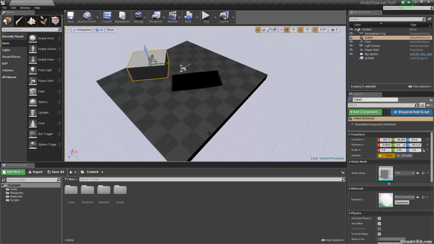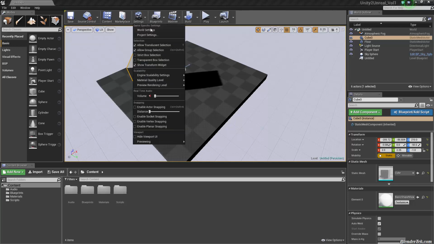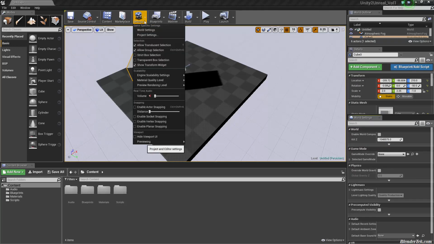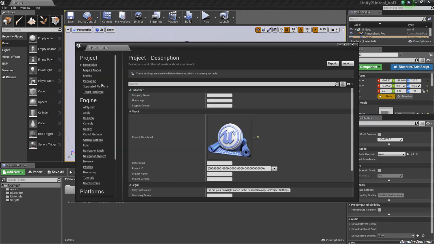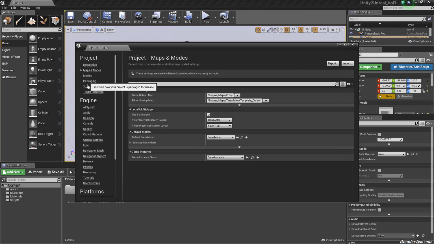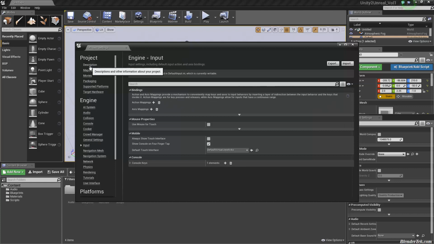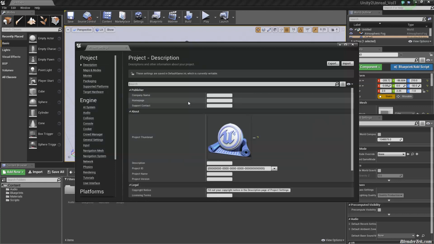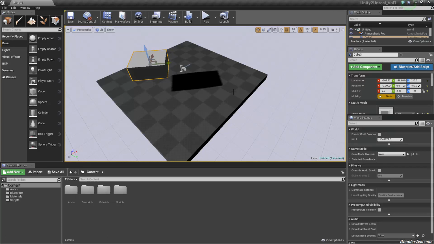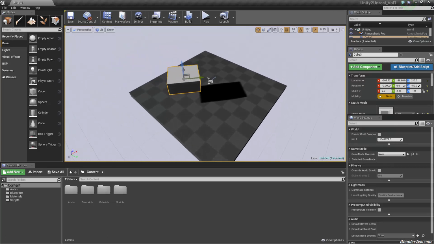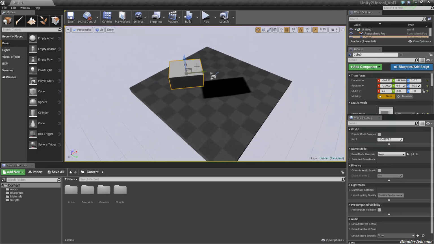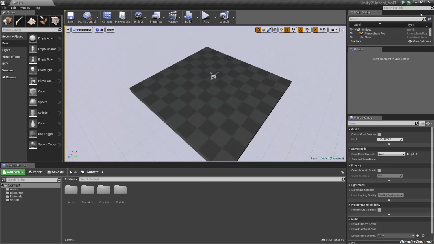There's a lot more things to this. There's settings. We have so many settings, it's not even funny. There's a crazy amount of settings compared to Unity, but we'll get into that in a much later video. For now, I'm going to learn more about the engine, but as I said in the beginning, I am going to see exactly how Unreal works for importing assets compared to Unity.